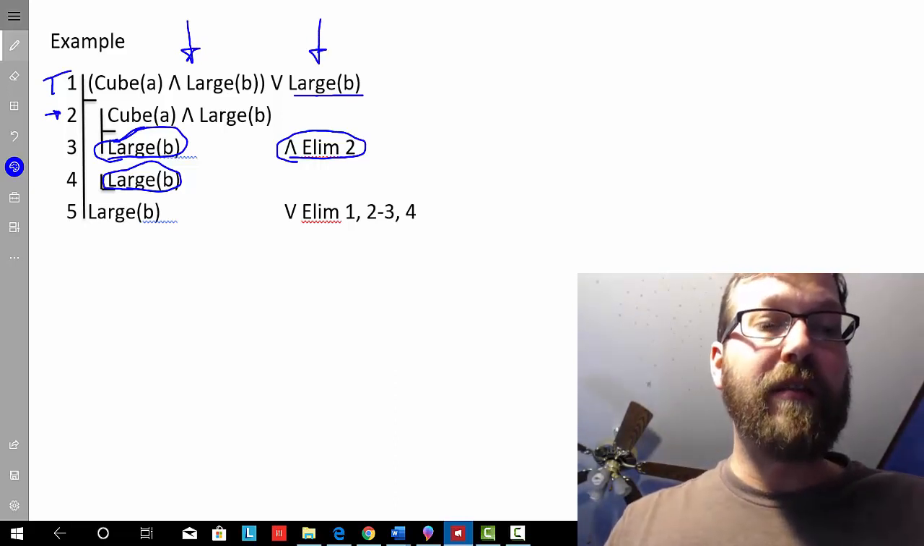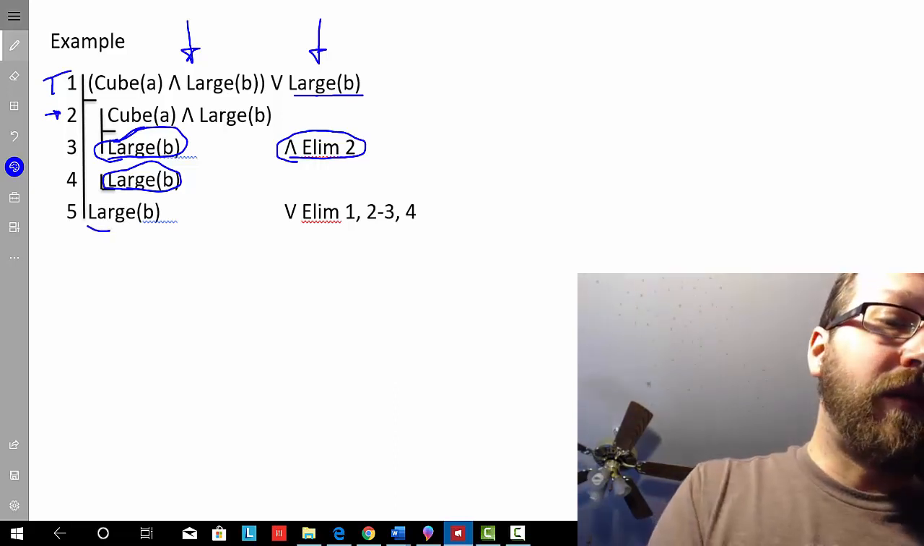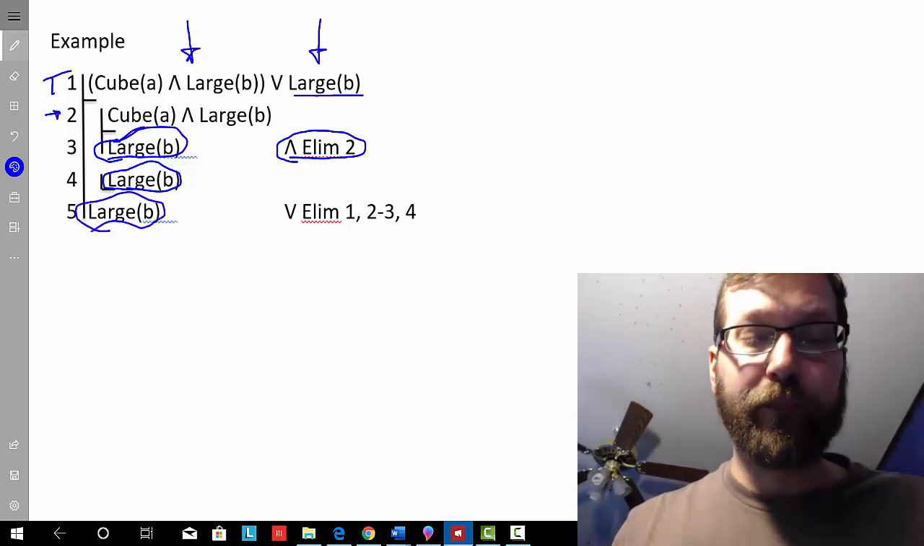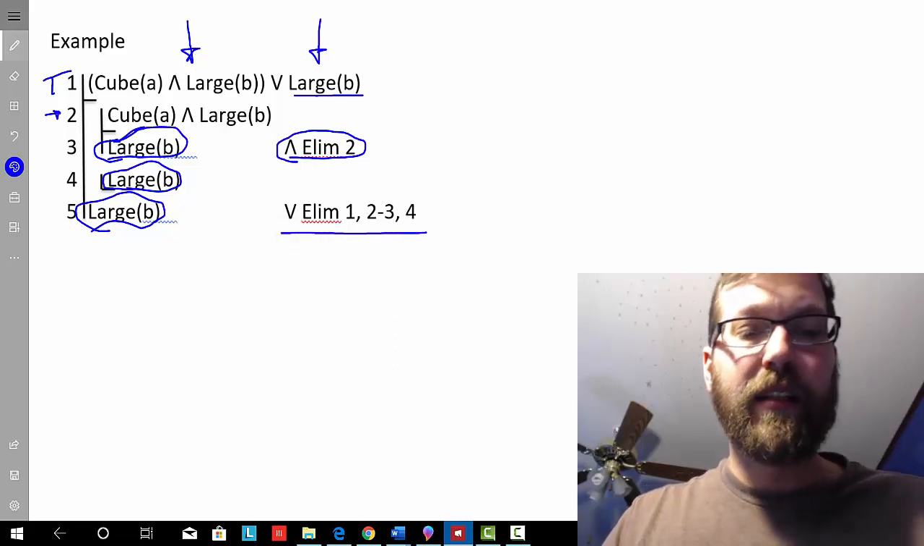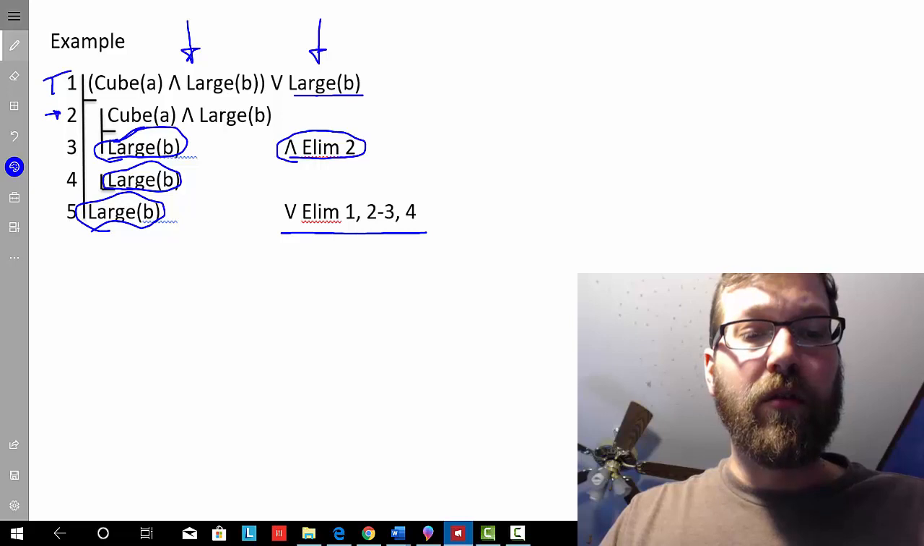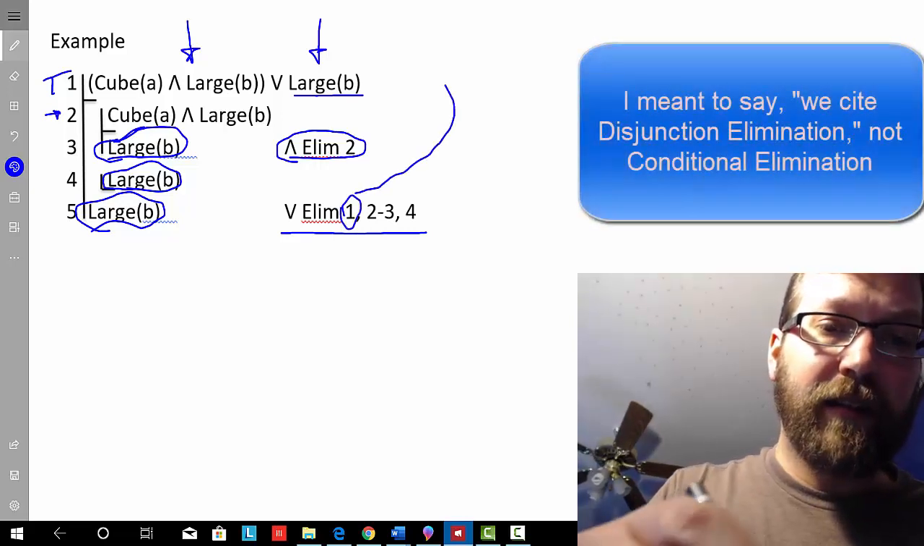So just by knowing that either both A is a cube and B is large, or B is large, we can infer that B must be large. So we then cite the rule conditional elimination. We cite the fact